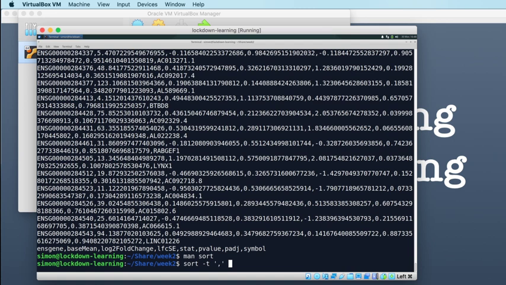Okay, so that's our delimiter, and we want to sort on the log fold change column. So that's column 3. Gene is 1, base mean is 2, log 2 fold change is 3. So we want to sort on the third column, so we need a -k3 to sort on the third column of our data, and then our input is